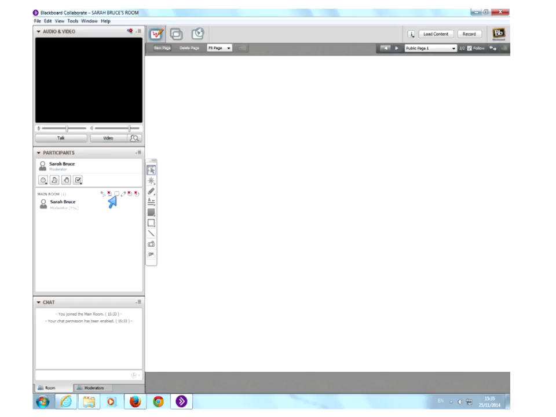The next one along is the chat facility. So you've got a chat box down here, which we'll come to in a minute. You can enable that or disable it. For some sessions, it can be helpful to have it disabled. You can always see if anyone is typing in the chat box, which can be helpful,